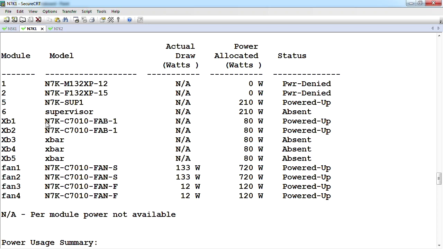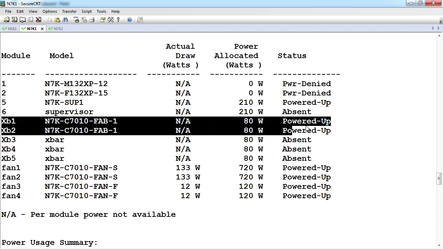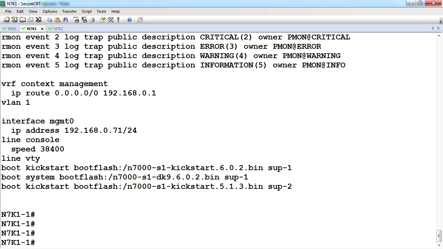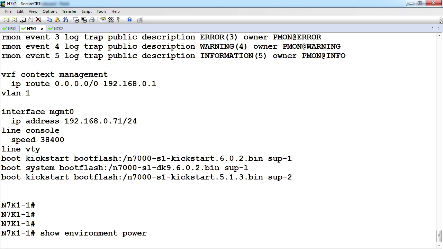So you can see right now we only have fabric cards 1 and 2 configured. Cards 3, 4, and 5, these are not plugged into the platform, so it basically means they're not actively pulling power right now. You can also see what's nice is that at the end of this, when we show environment power, it's going to show what the total current draw is from the PSUs,